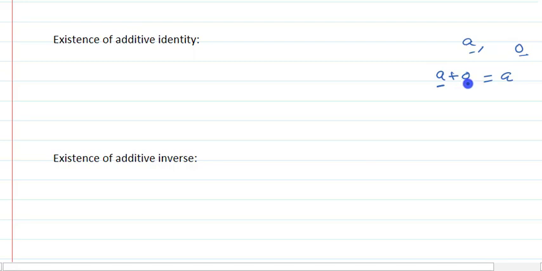Means any number, if we add to the given real number, and the value of that real number does not change, then this number is called the additive identity. So here 0 is the number that if we add to any real number, the result will remain the same real number, or it can be written as 0 plus A, means it should follow the commutative law as well.